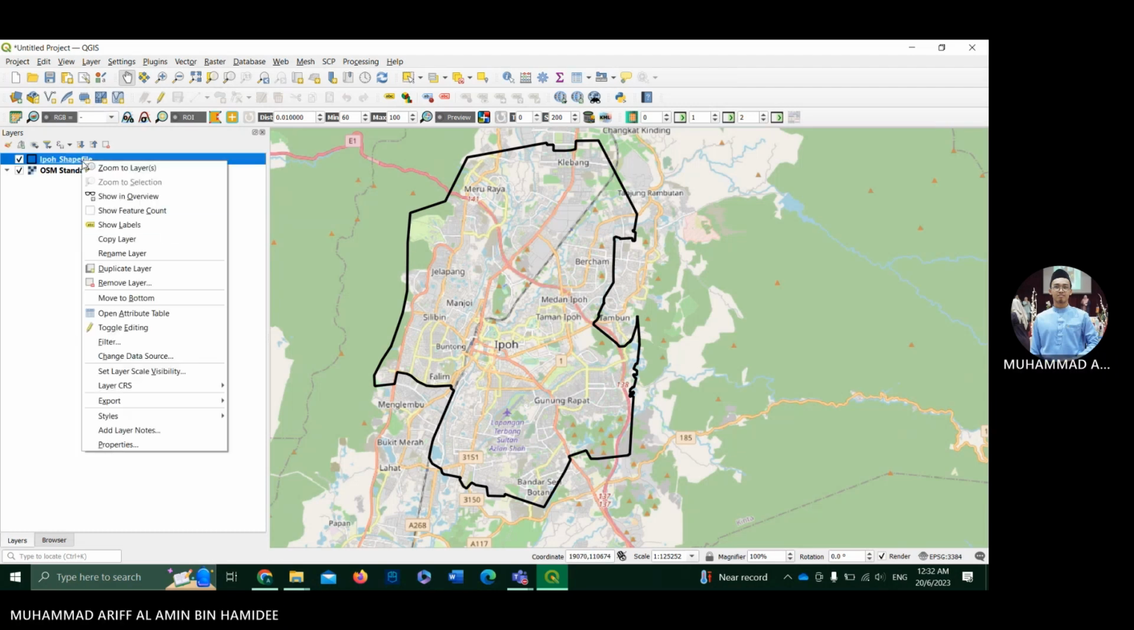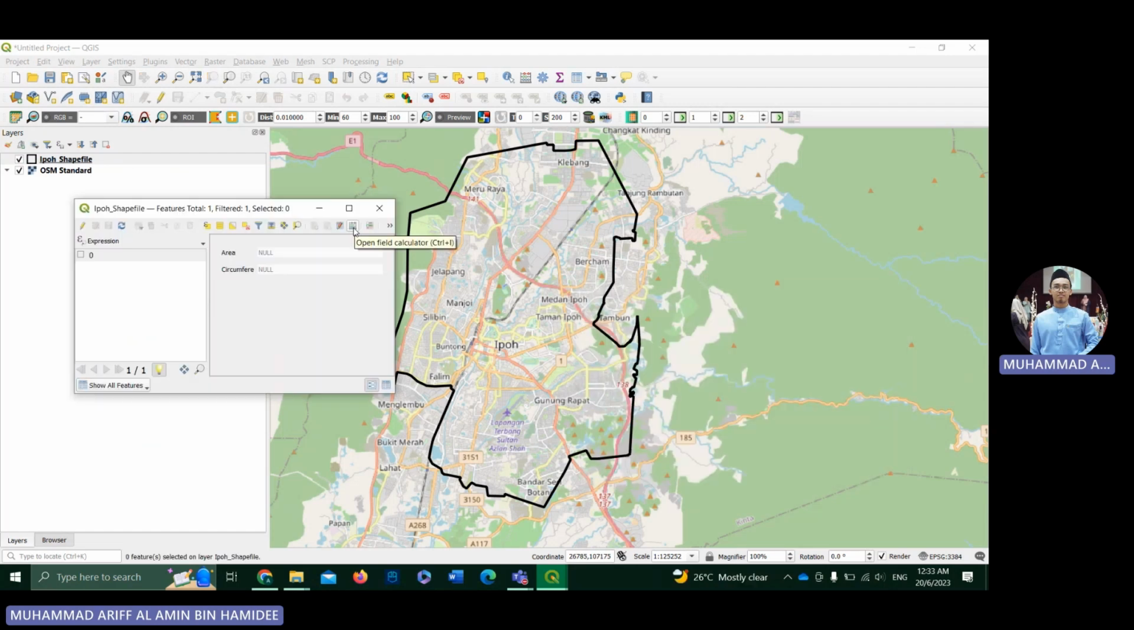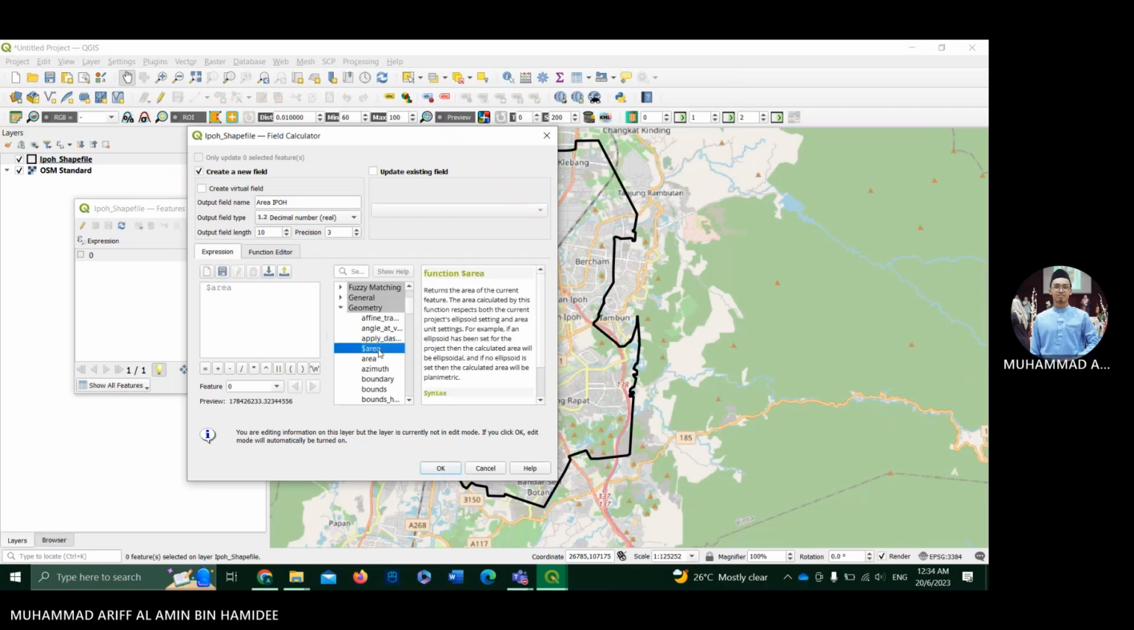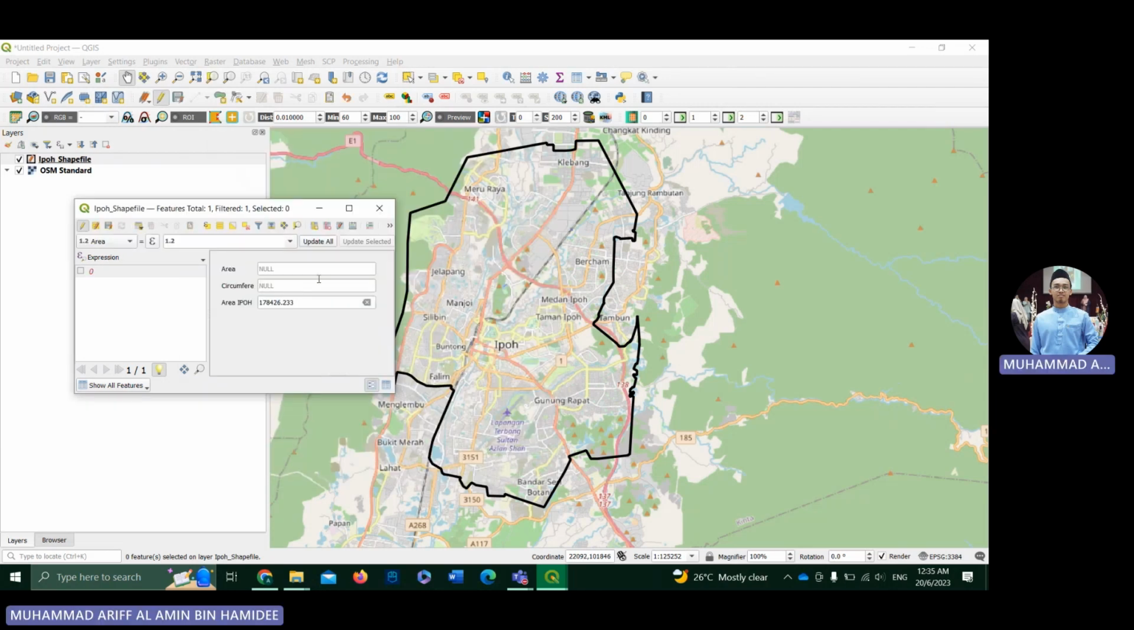What we can do is right click and click open attribute table. We need to open the field calculator and then put the output field name. We need to find the area, so change this to decimal number, and then we just set it as default, and then we need to click geometry, double click area. Area is 178,426,233. This is in meters, so we just need to divide by 1,000 to make it kilometer square. Then click OK. And as you can see here, our area will be